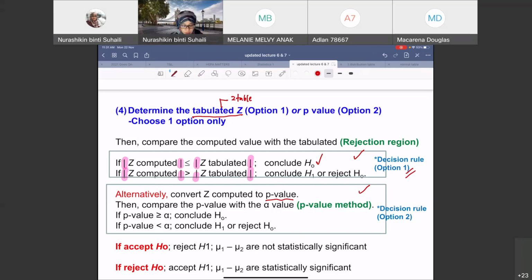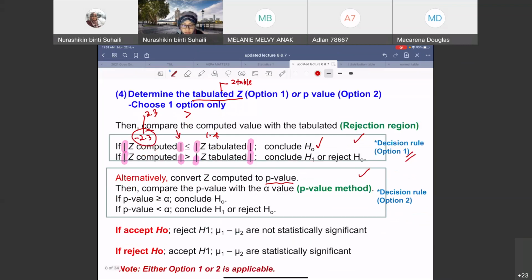Sometimes the students might forget about this. So when you compare, let's say the Z computed is minus 2.3, and then you got Z tabulated positive 1.4. Because you don't remember this symbol, you say that this one is less than this. Whereas if you just consider the positive value, it is going to be 2.3 and it should be greater than 1.4, and you will make a wrong decision. So don't forget this symbol, otherwise it will give you the wrong decision. And then once you make the decision, whether you conclude H0 or H1, null or alternative,